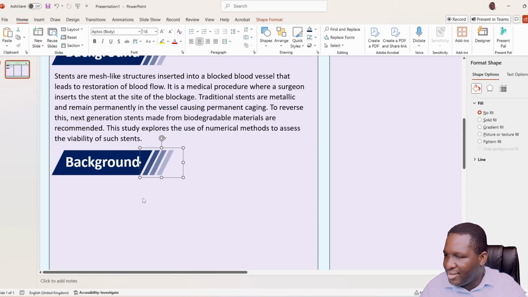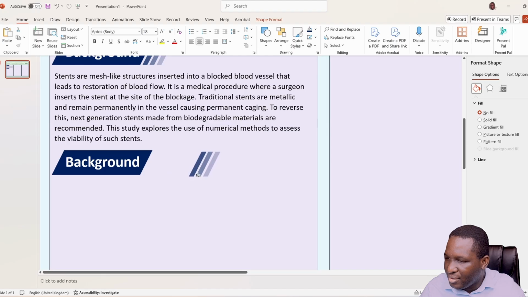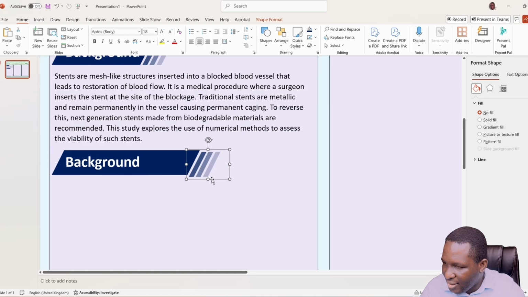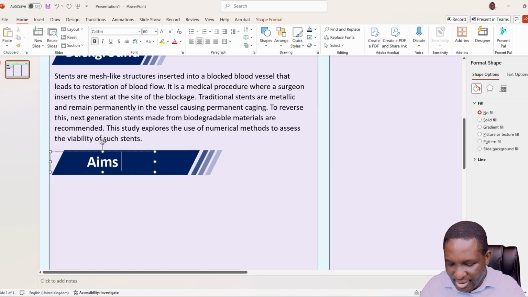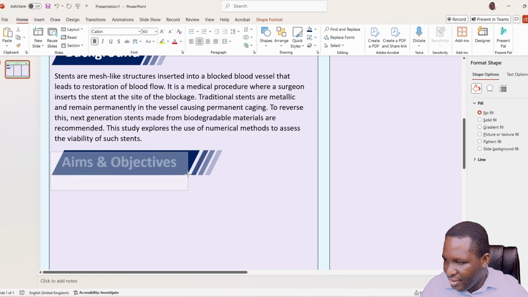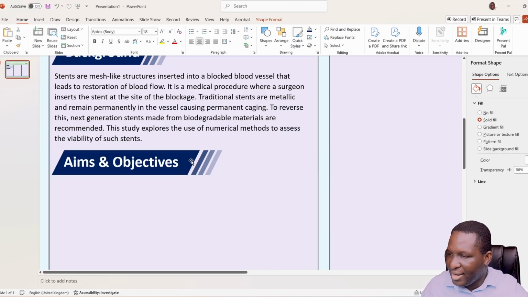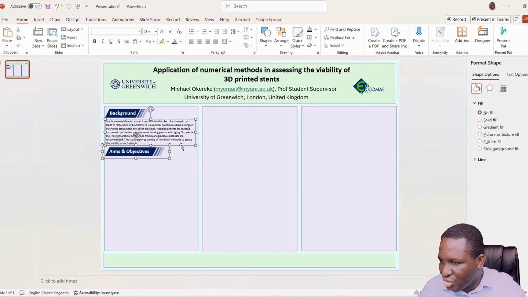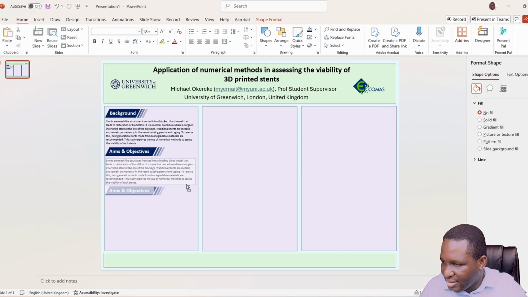So we group this, and then we can move it out, and then we expand on this so that it just gets as far as we want it to be. Make sure they line up, and then we could call this our aims and objectives. Okay, so the aims and objectives are in place, so we can group all that as well. And we'll now drag this text down here,